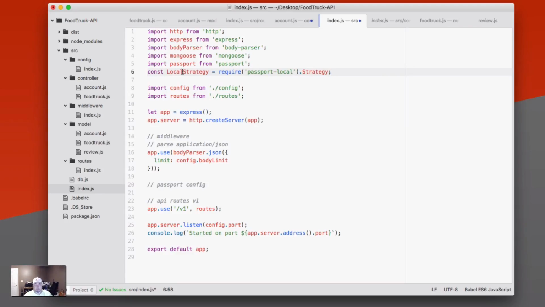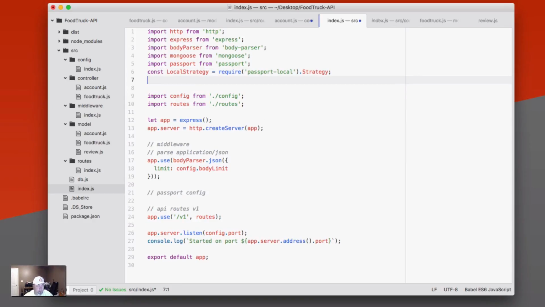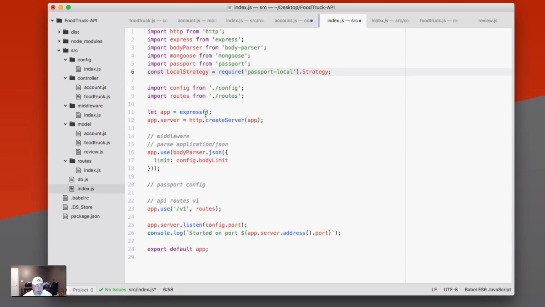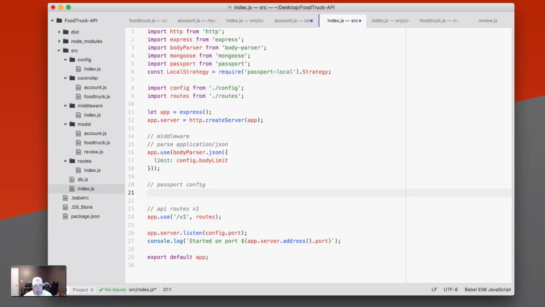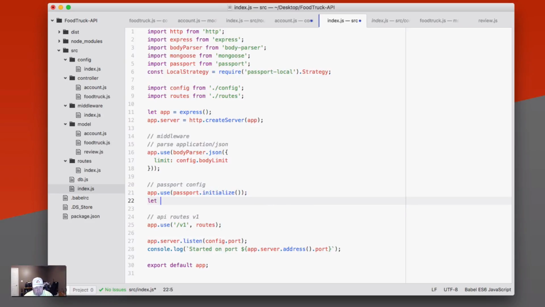And that's how we declare this. We declare this local strategy variable, and then we require passport local.strategy. All right, so we've got all of that. And now we can skip down here to this passport config that I put a comment in when we first started. And we can go ahead and start adding this in. So the first thing we got to do is initialize it. And then we're gonna bring in our account here. So we'll say let account equal require,